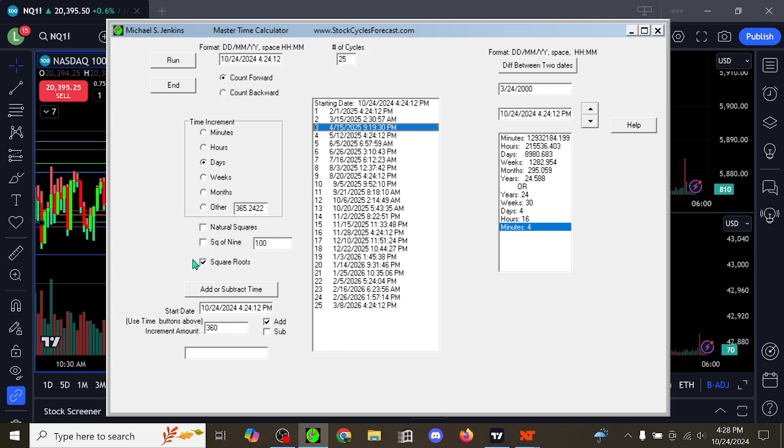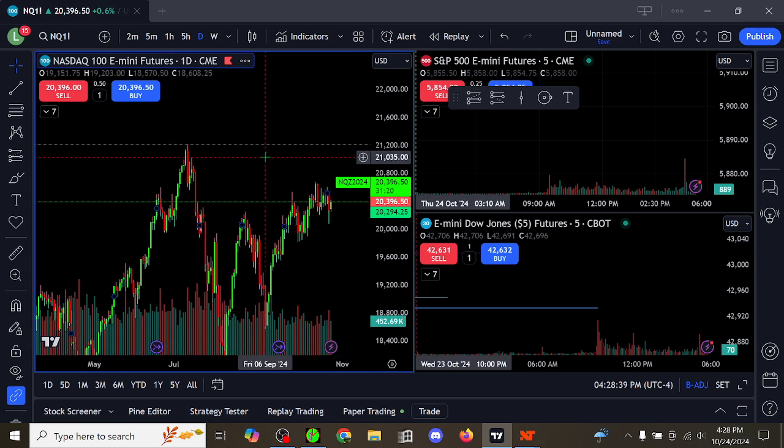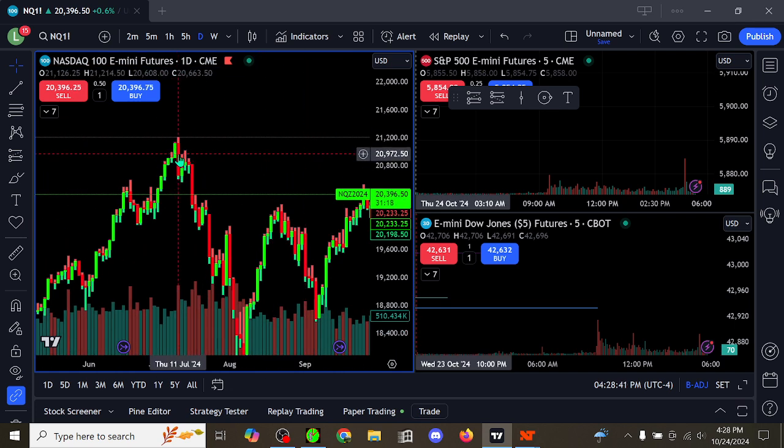Okay. Now what I use this for is this and this. So let's say you're calculating high-low values, trying to get a function of something. This is a very prominent high. So that very high value of 21,214.5 could be an important value, or taking the square root of that, or doing a cube root of that, or squaring it, or cubing it, or making it a quartic, or taking it to any power, or multiplying it by the square root of 2, square root of 3, square root of 5, multiplying it by pi,